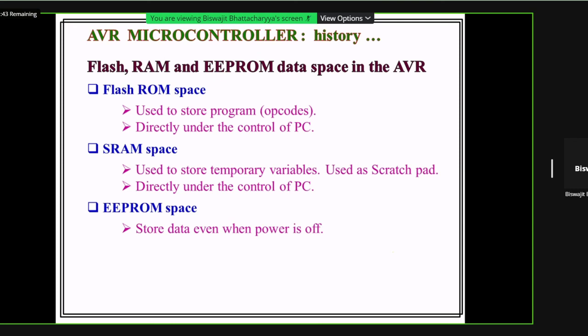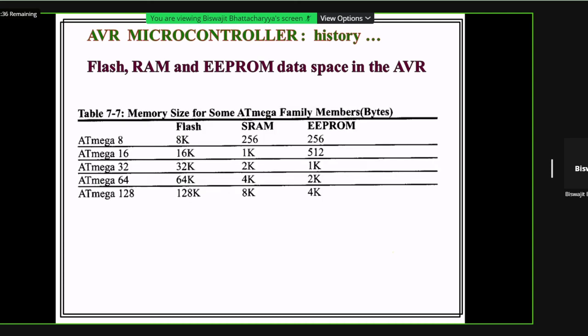Sometimes data can be stored, but normally program is stored. Now in AVR, these are some comparisons of how much is the flash memory space, SRAM space, and EEPROM space. Here is the version of the microcontroller and the capacity. So some examples are shown here.